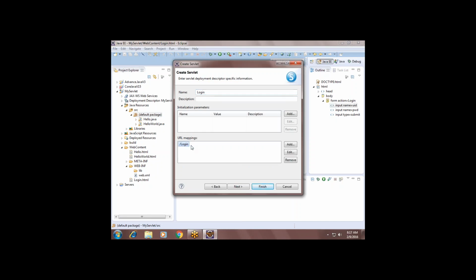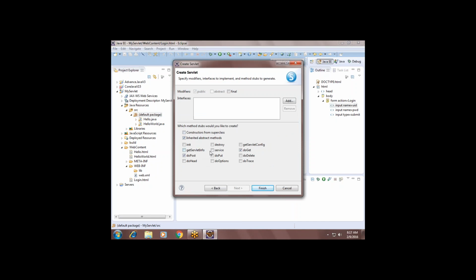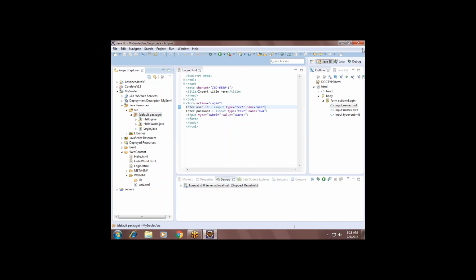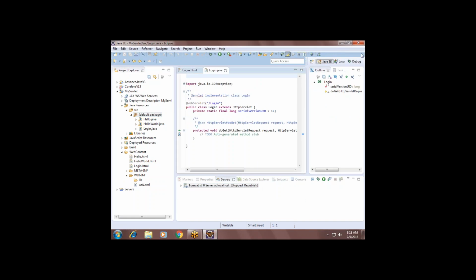This is the URL pattern which we sent. No constructors, only doGet and doPost I want, not service. Today I will take doGet and doPost. First we'll take doGet request.